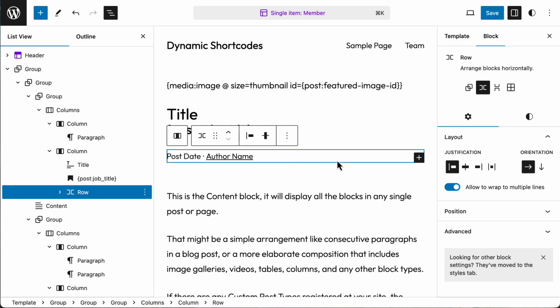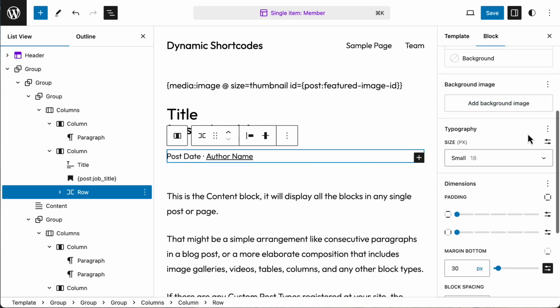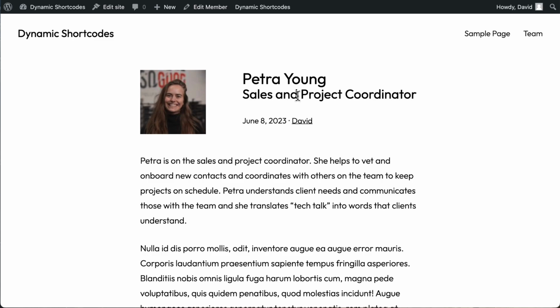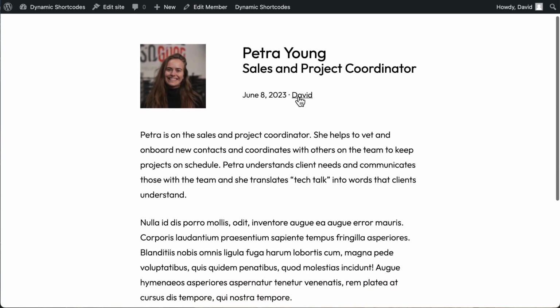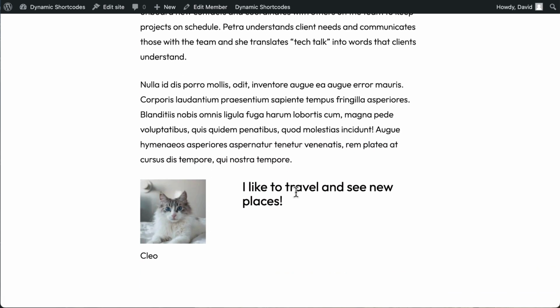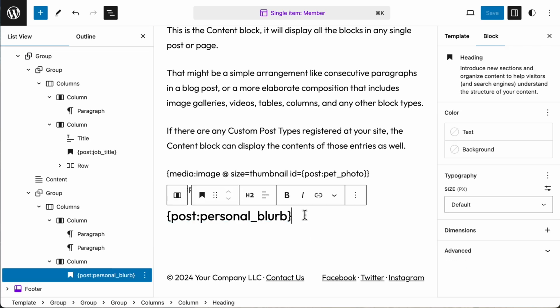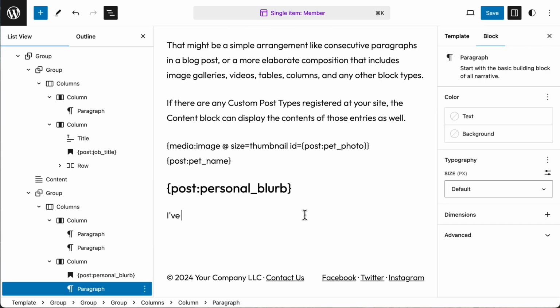Okay, and for this one too, let's save that and let's see what that looks like. Okay, now let's add some more information here. Under the personal blurb, let's say, I've been working at the company since, and now you know